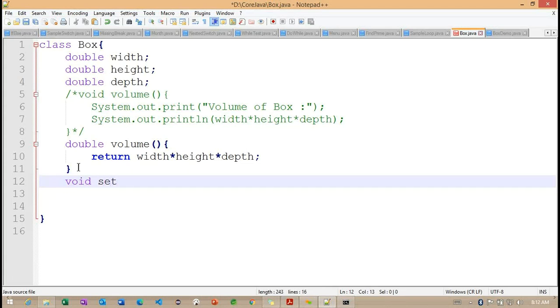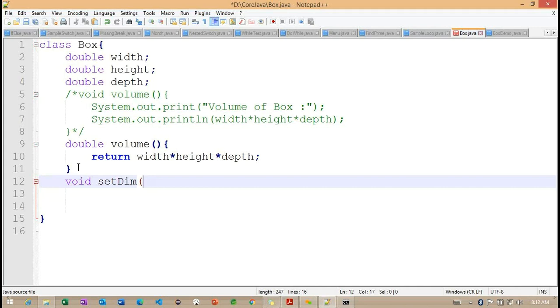The name of the method is important here. Any setting-related method, we can start with set. By seeing the name of the method, we can easily understand its purpose.